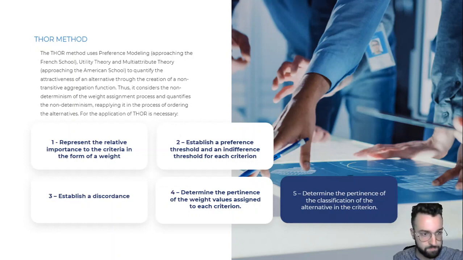So, in this way, the decision maker expresses the levels of certainty for the weights of the criterion for the classification of alternatives through the pertinence indexes. A value with a real scale of 1 is assigned, in which the closer to 1, the greater the certainty in relation to the assigned item, and the closer to 0, the greater the uncertainty.